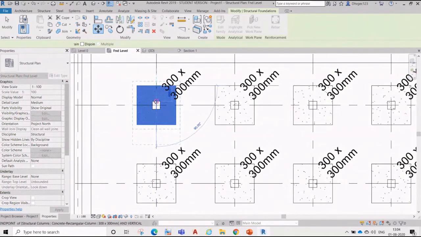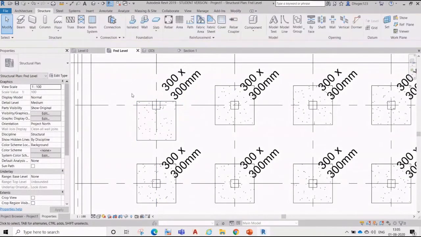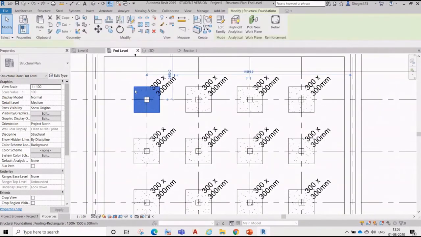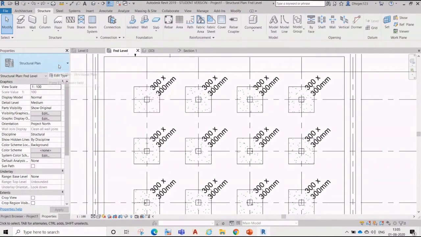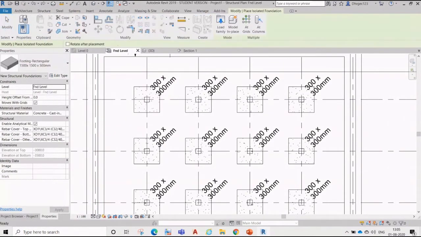You can put it over here. It's easy like this, right? Even when we put this, isolate, rotate, replace.